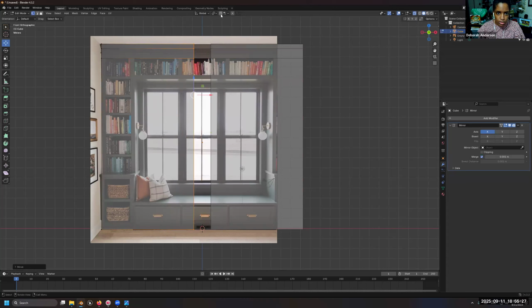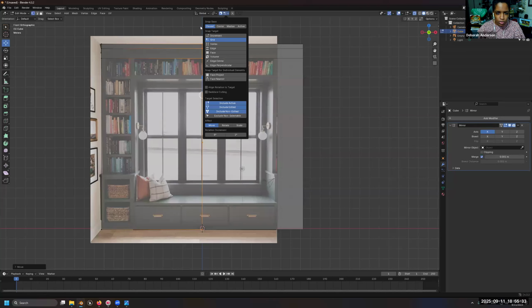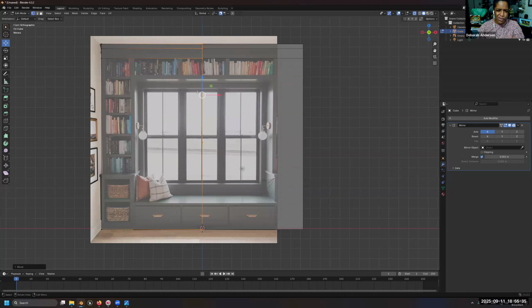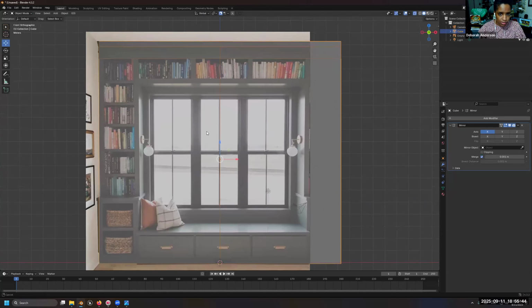Oh wait, turn it on. Yes, okay. I snapped to the grid so that I can get in the center. I have no clue why it's not doing that when I add the edge. That doesn't make any sense. But if that happens to you,